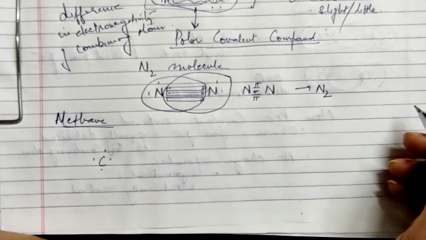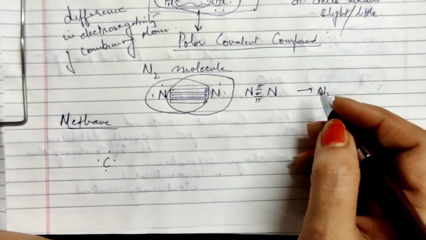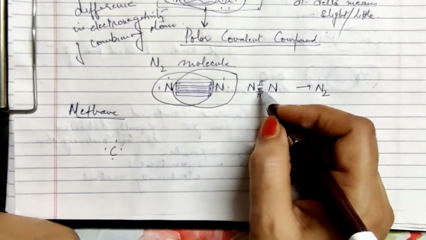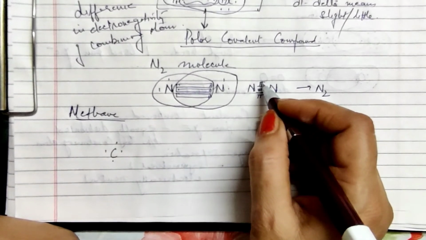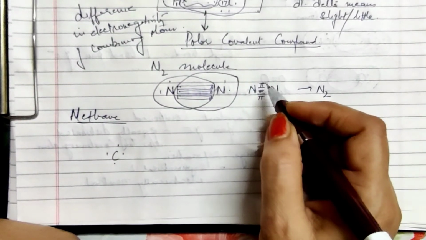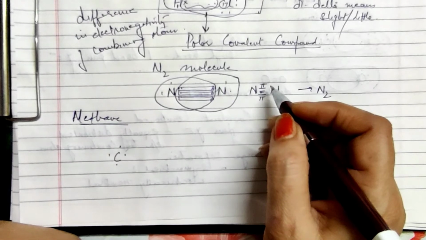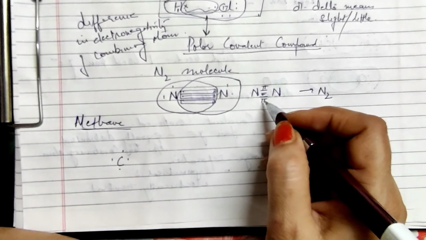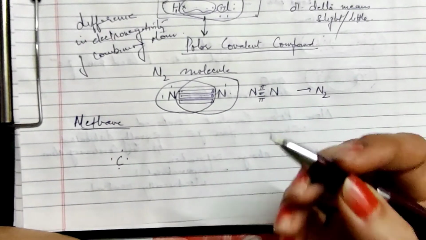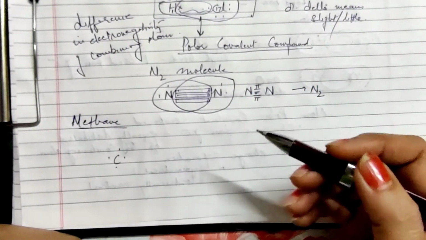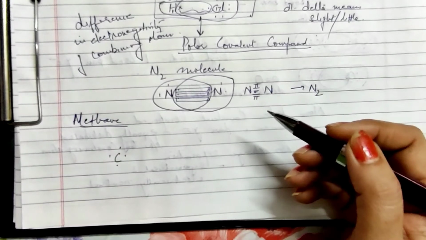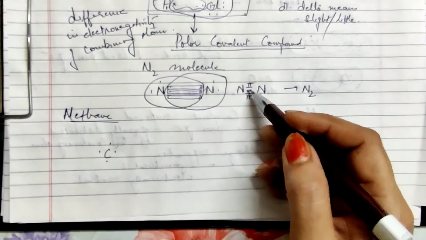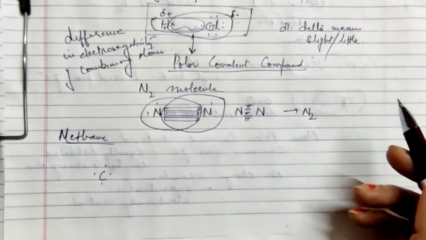So whenever there is a single bond between the combining atoms, it is strong and it is known as sigma bond. When 2 bonds are formed, one is sigma, another one is pi. Pi is weak because it does not get enough space to overlap. And if there is a third bond that is also known as a pi bond, that is still weaker. So we understand that as the number of bonds keep on increasing, the stability of the molecule keeps on decreasing because of the weak points in the molecule.